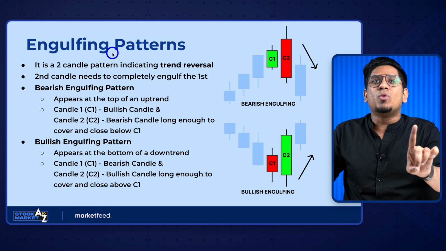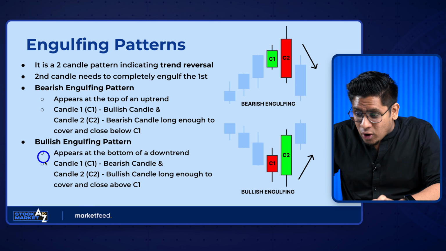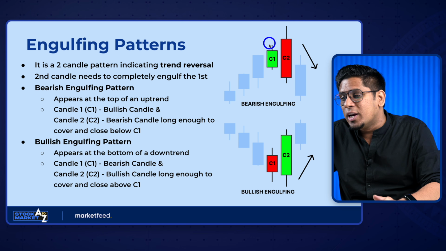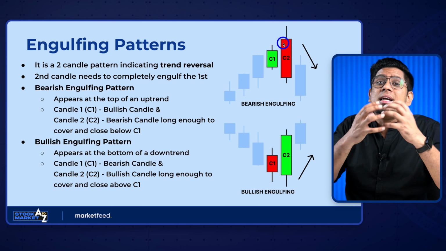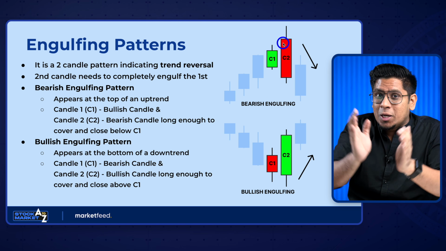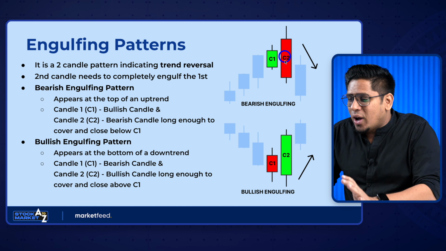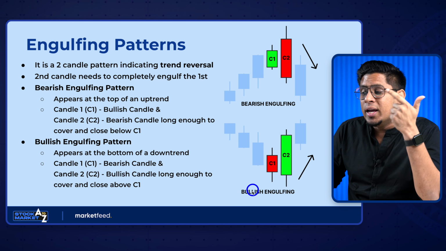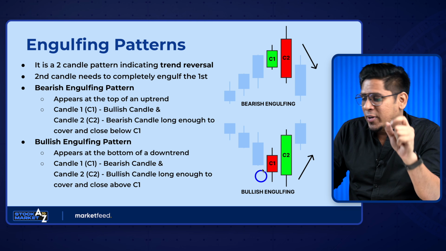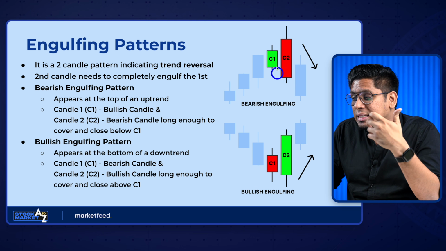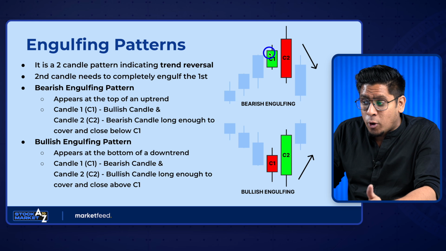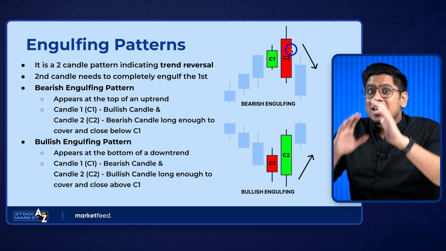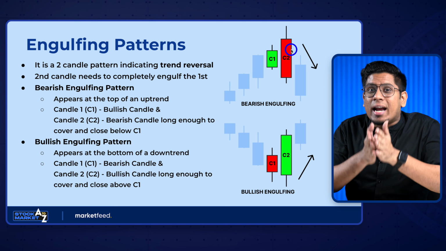Just like we did in the last video, let's not read the theory first. Let's look into the image here so that we can understand what the candlestick pattern is telling us. As you can see here, there are two different types of engulfing patterns. One is bearish engulfing, second is bullish engulfing. If you look into bearish engulfing, you can clearly see one candle has been formed